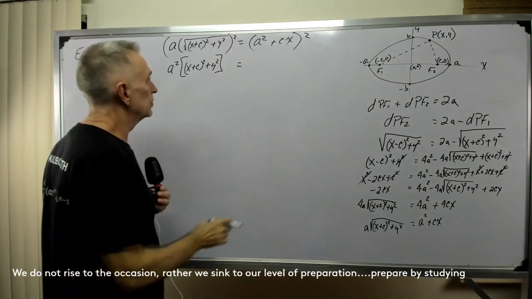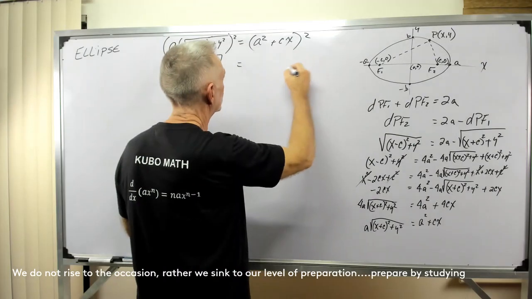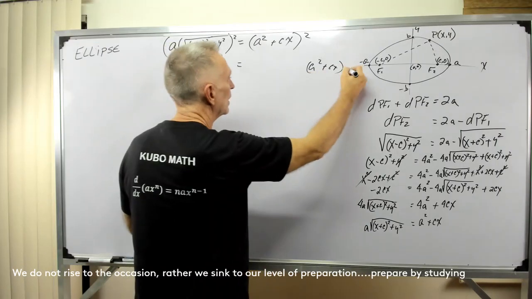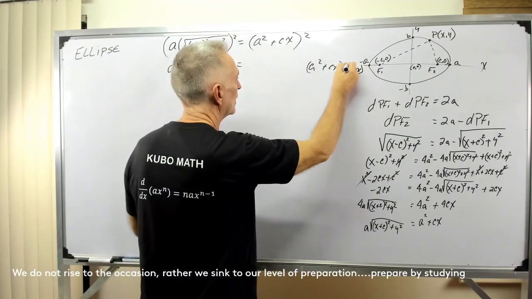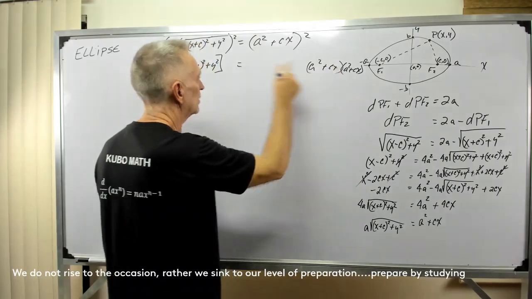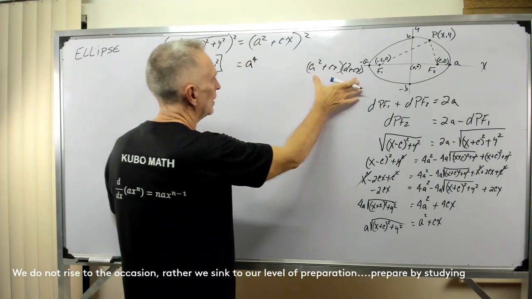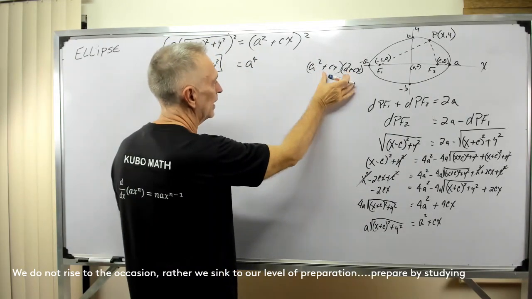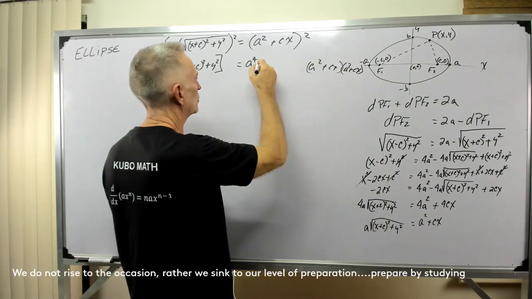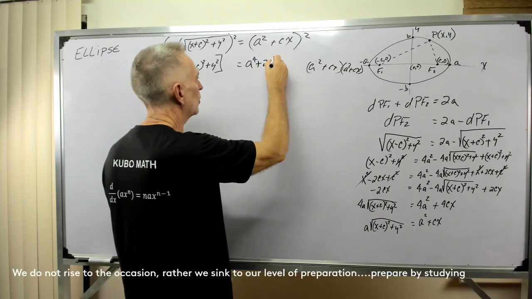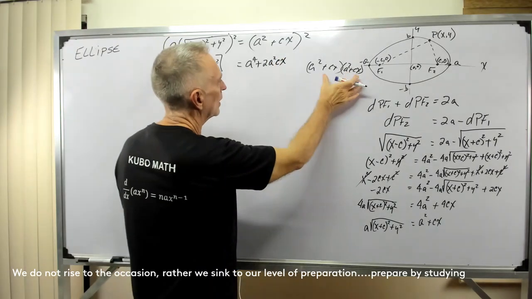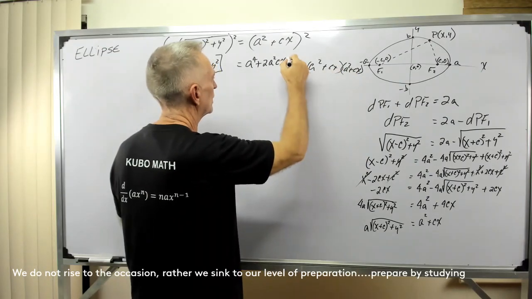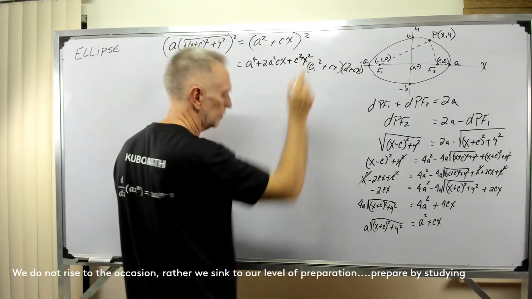And that equals, so now I have this times itself. So I would have a squared plus cx times a squared plus cx. I'll write that down so we can see it. A squared times a squared is a to the 4th. Outer times outer would be plus a squared cx. And then on the inside you have a squared cx. So I have two of those, 2a squared cx, plus c squared x squared, because you're multiplying those two together. Okay,